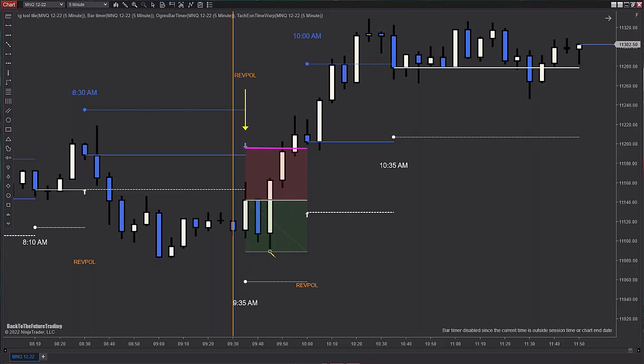And this is only 10 ticks or so, probably less than that if we get super accurate. We'll just say 10 ticks away. Just move your stops to break even because I almost got filled there, and then we break even. But that's not how we're going to back test it. We'll back test it as if this is a loss. It does come up and stop us out. Rev poll will print its stop losses. Okay.